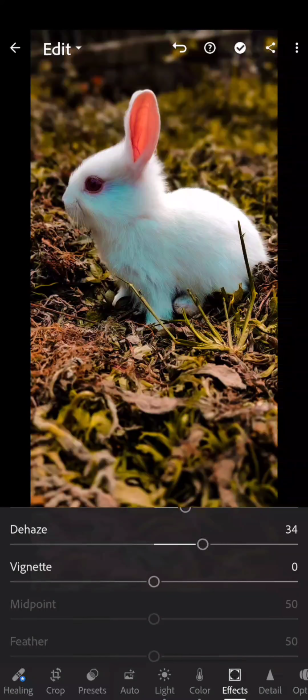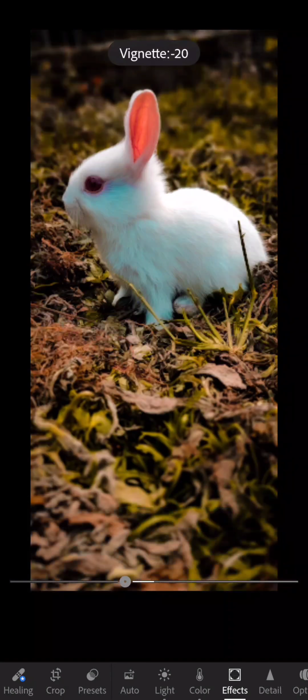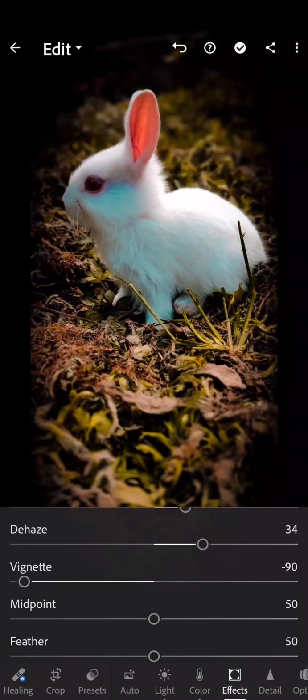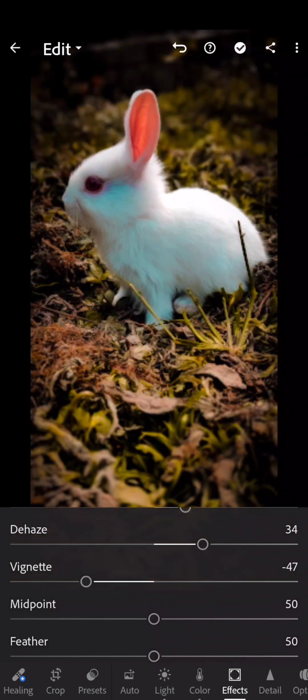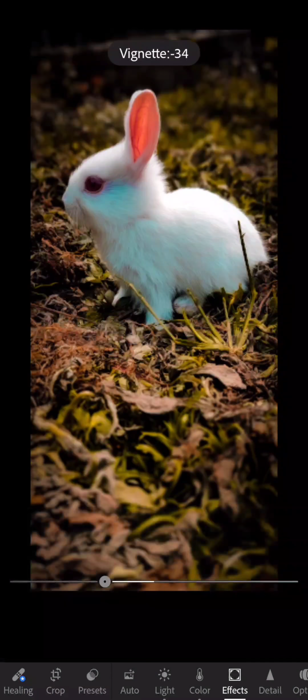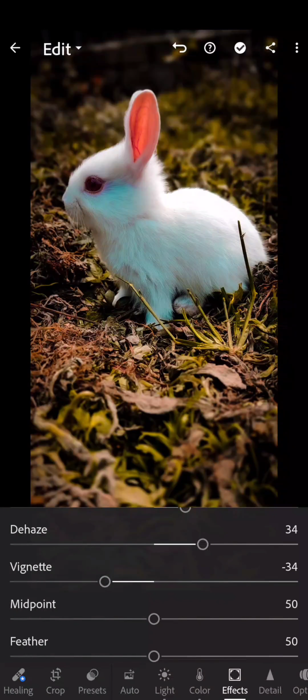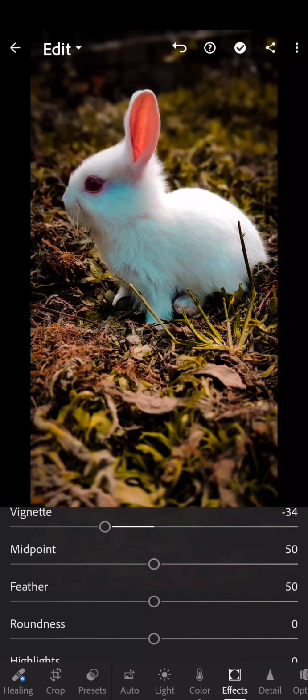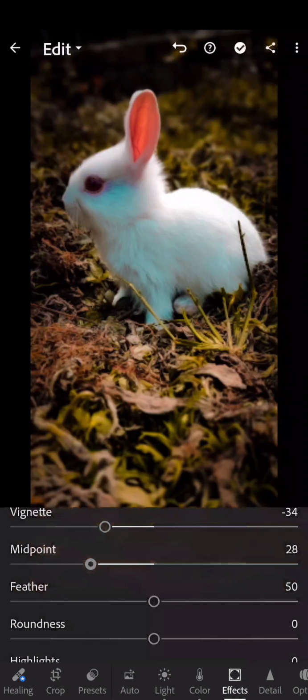Vignette should be decreased, to about 20% or 30%. If you set vignette to 100%, then you see that overall it can cover up the darkness, so we need it at 30 or 40%. Midpoint 30%, and that is nothing much. Midpoint